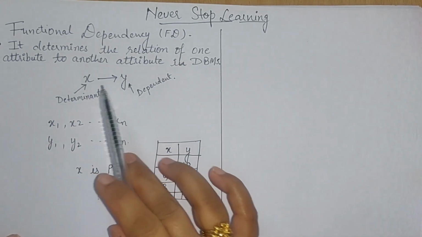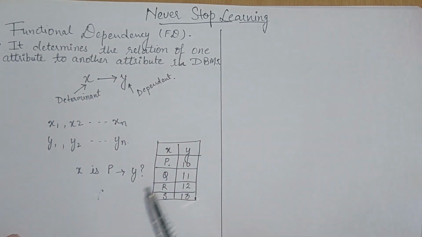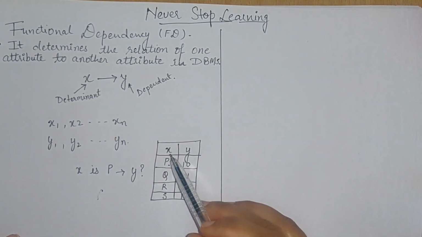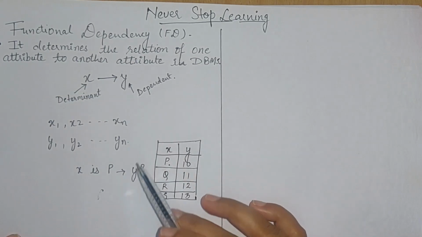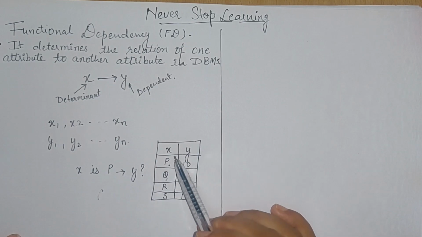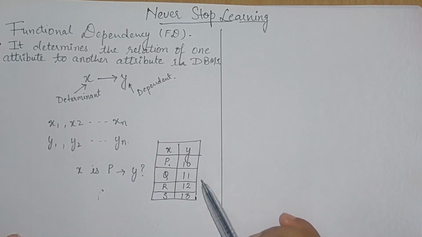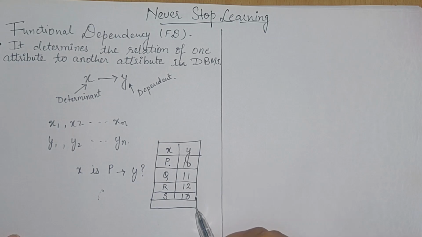Because it's very easy. We know that y is functionally dependent on x. So with respect to the value of x, I can easily search the value of y. Now, this is possible because there is a functional dependency and there is only a single value of p present in this table. Fine. Now, let's complicate it a little bit.